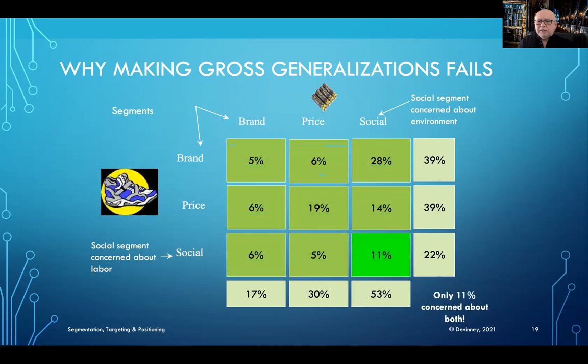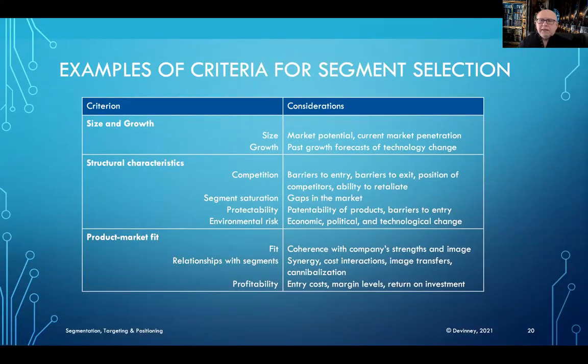And this is one of the things that I always like to point out about this idea of ethical consumption, that individuals are ethical consumers. Well, no, they are actually quite discriminatory. If you are an ethical consumer in the case of batteries, or an ethical consumer with respect to shoes, that does not actually have a lot of predictability. It turns out that the overlap of the two, social to social, is only 11%. And that's critical around this heterogeneity idea: you really have to be quite sophisticated in the way in which you think about these things. And ultimately, though, you come back to the